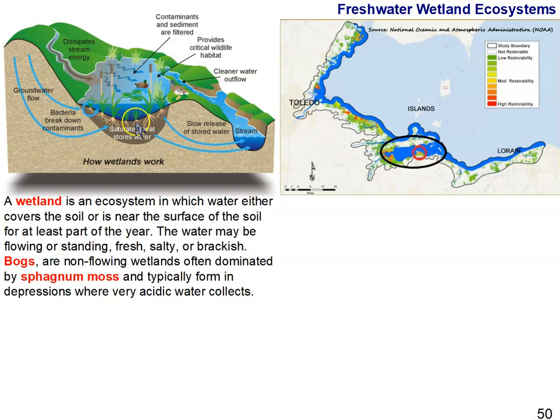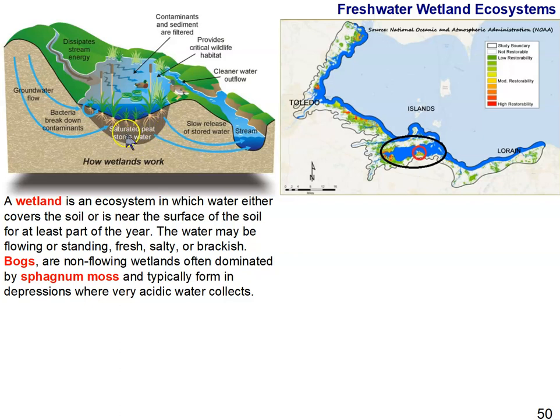It's just a depression full of water, and there's a special kind of moss that grows in a bog called sphagnum moss. And as it grows, it piles up on itself. It stacks up layer after layer after layer, and eventually buries itself. And that sphagnum moss that's buried turns into what we call peat. So it starts to decompose, and it remains only partially decomposed, and it forms what we call